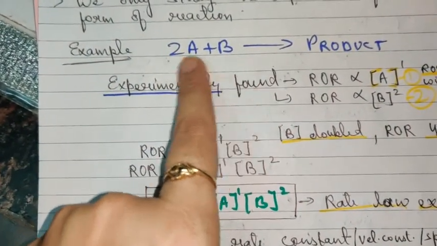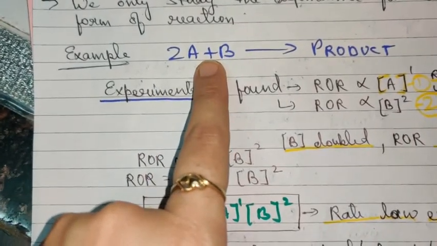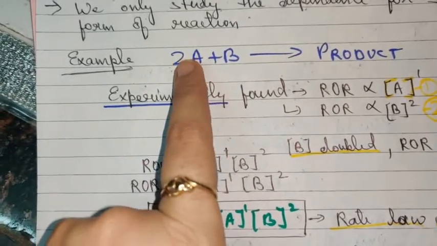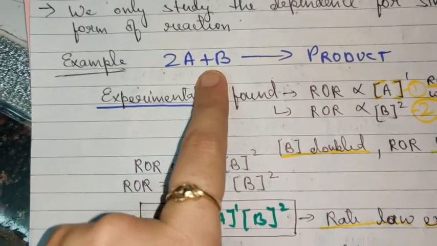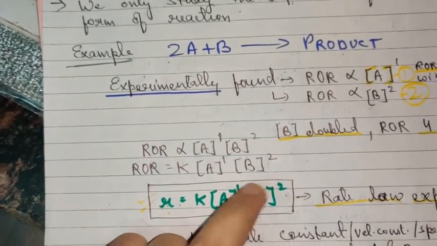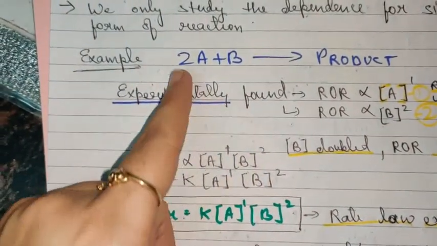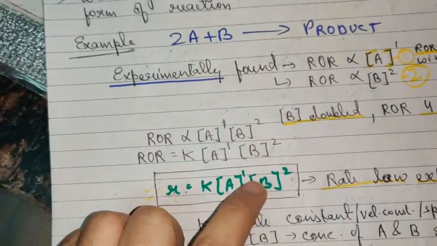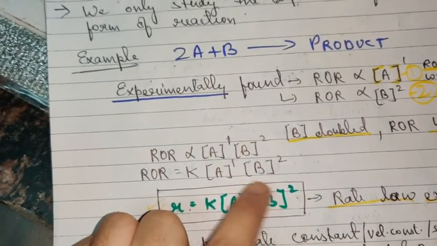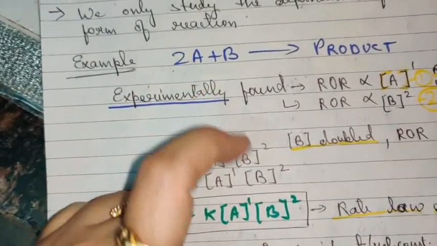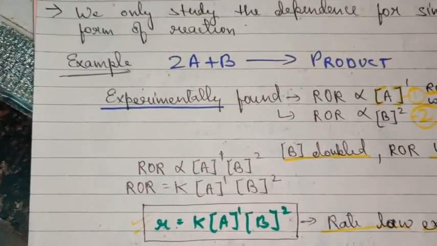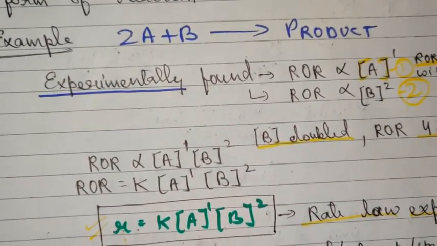This balancing mole indicates the number of moles of each reactant participating in the reaction, whereas this data can only be obtained experimentally. In few reactions you can see that this balancing mole, this stoichiometric coefficient, can be the same, but in the majority of reactions you will find that it is different. I hope it is clear.